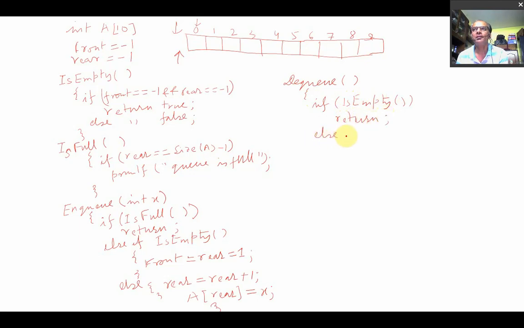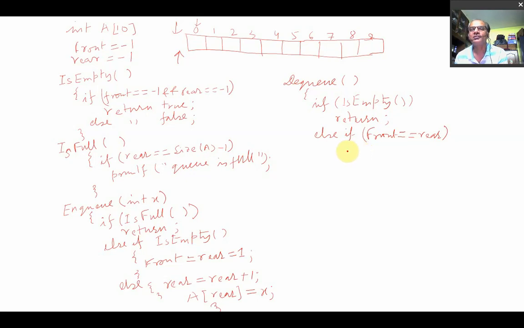Else, if it is not empty, else if front is equal to rear, that means only one element is there. What do you mean by front equal to rear? Front position and rear position are the same. That means only one element is there in that queue. After deleting that very element, the array is empty, that means the queue is empty.